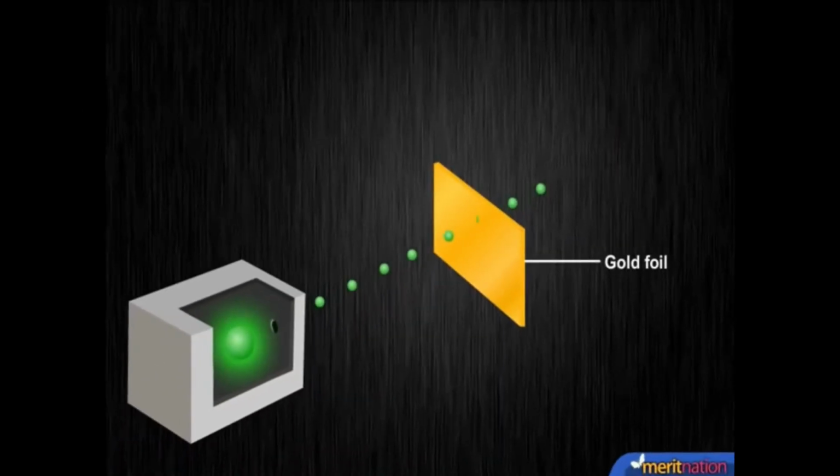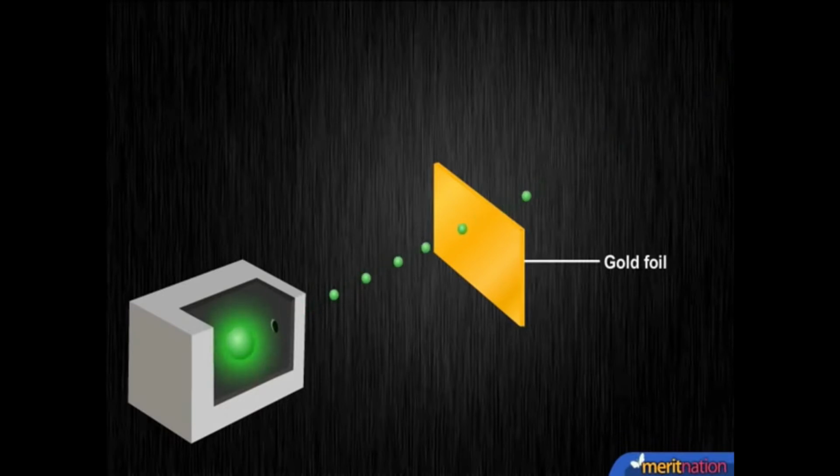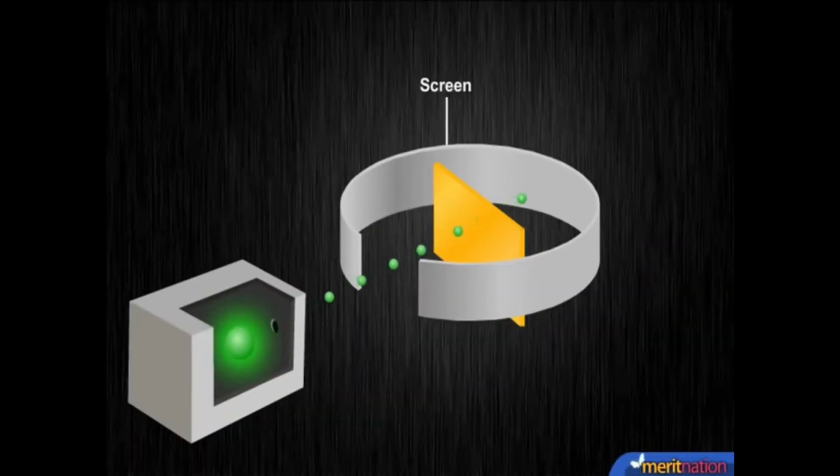Now they wanted to know what happens to an alpha particle when it strikes a gold foil. The gold foil used is only a few atoms in thickness. They took a material, made a circle out of it, which when hit by particles produced flashes, and put the gold foil in the center of the circle. So when the alpha particles were shot into the gold foil, they saw flashes.